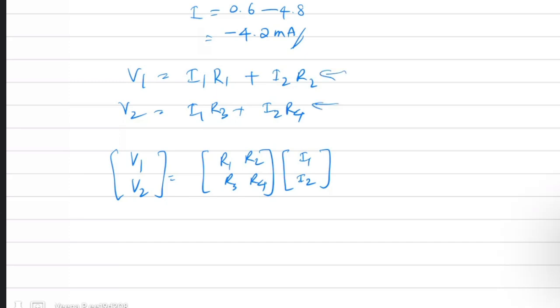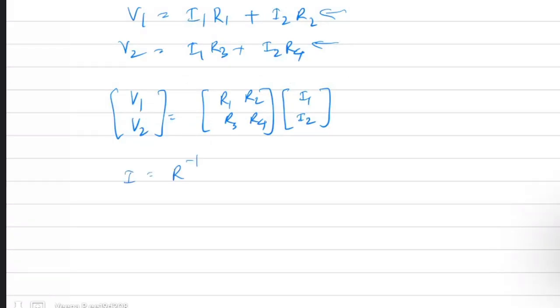And finally, find out the current, ma'am. Current and equation, write R1, R2, given that. And V1, V2 is given. And find out the I1, I2. That means current I is this R matrix inverse times V. How to find inverse you are asking? No, ma'am. V is equal to IR. Yeah, I is equal to V by R. V by R means R inverse into V. Yes.